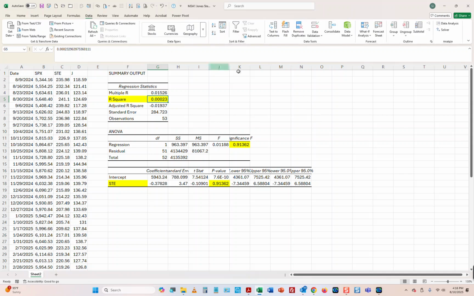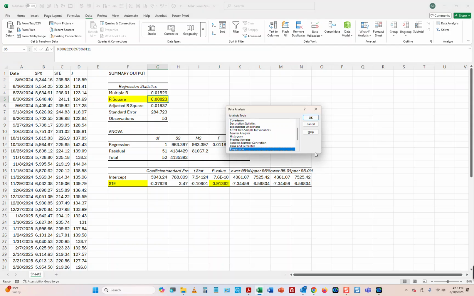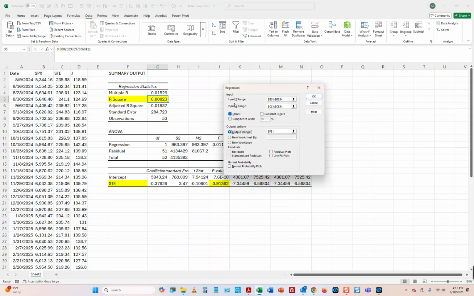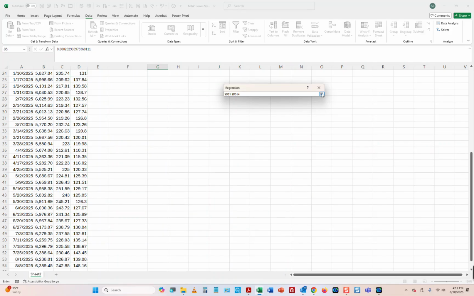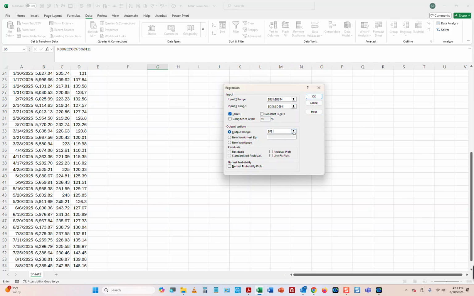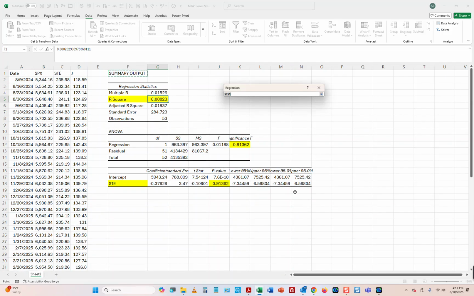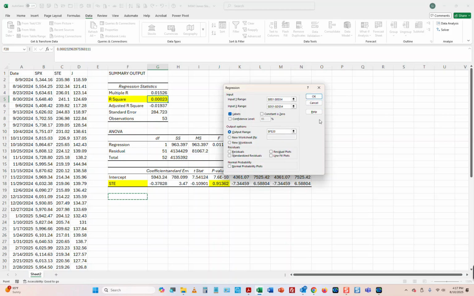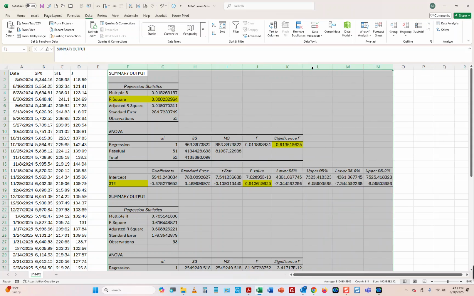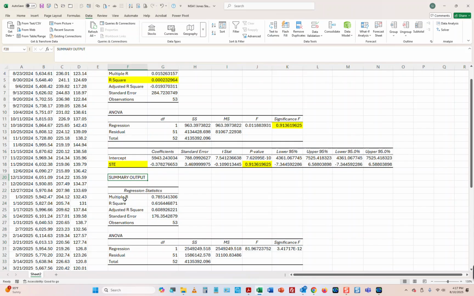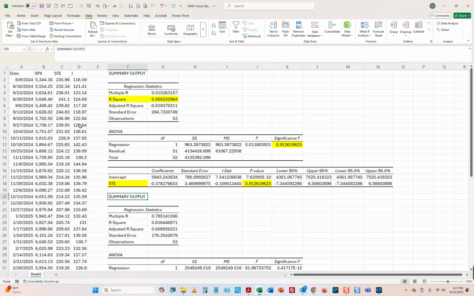Okay, so let's go to the other variable. So we click on regression again. Now I need to change the x, so I'm going over to that second predictor, and I need to change where I'm going to put this, because otherwise it's going to write over that part right there. So I need to change and put my output to start here, and click on that, and then click on OK. And you can see that now